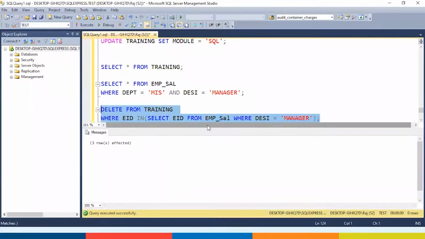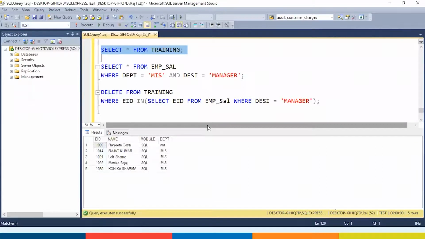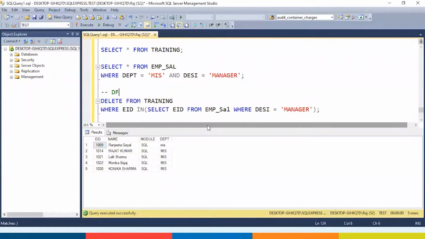Here it goes. 3 records affected. Right? And let us say select star from training. So you will see the details of the managers have been removed from this training table. Okay, so this is an example of a delete subquery.